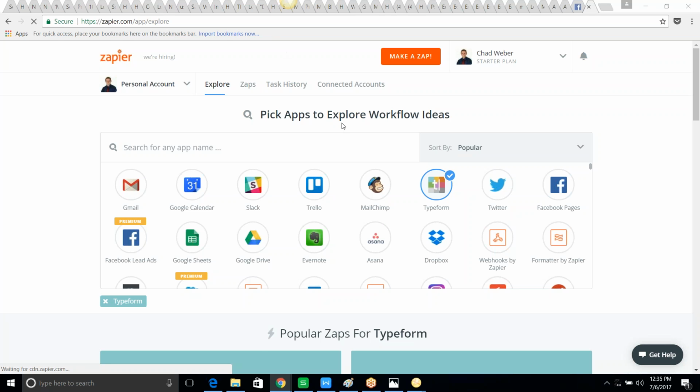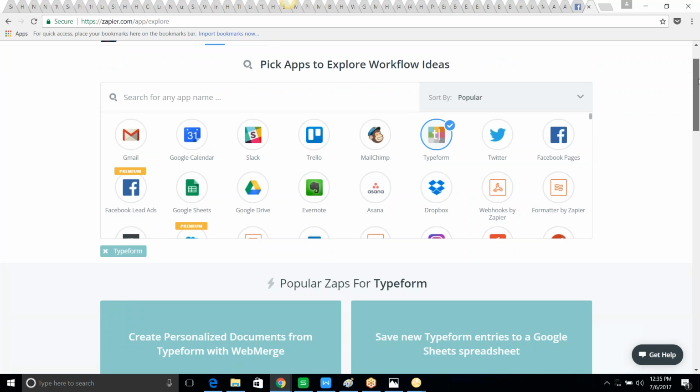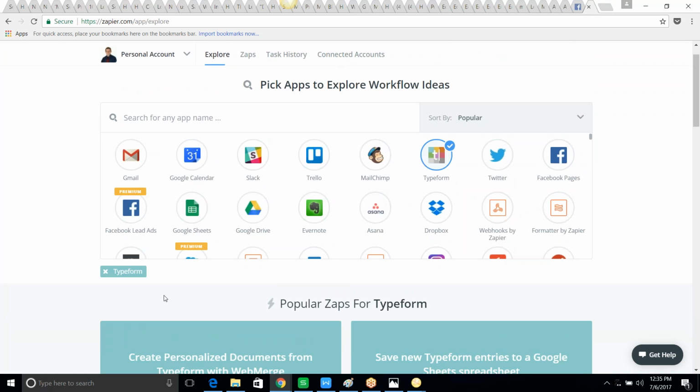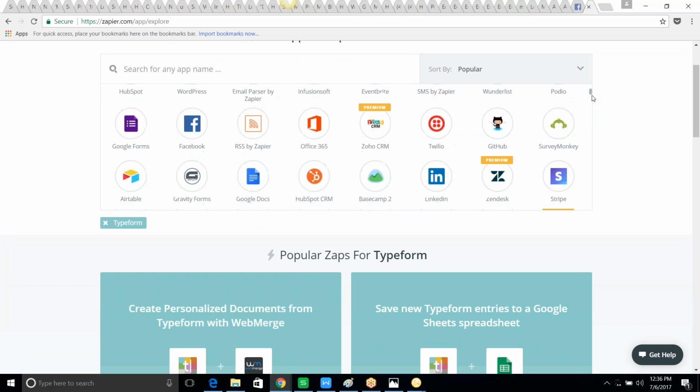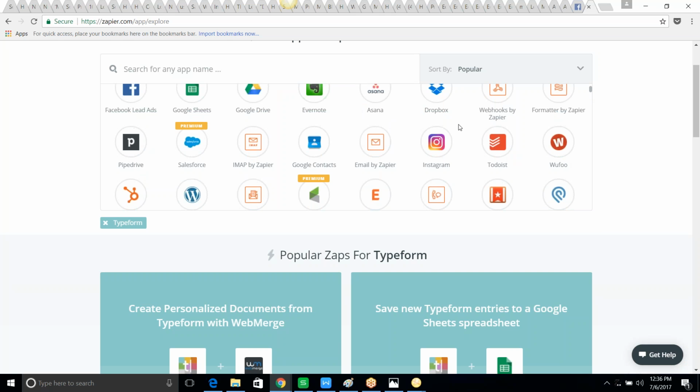There we go. Okay. So this is Zapier. And when you log into Zapier, they give you what's called recipes. These recipes are basically saying, what two pieces of software do you want to make communicate with each other? Because that's what Zapier does, it creates something called zaps, which allow one piece of software to communicate with the other. So I say, I want to connect Facebook lead ads to whatever email autoresponder I'm using. And then once I connect the two,